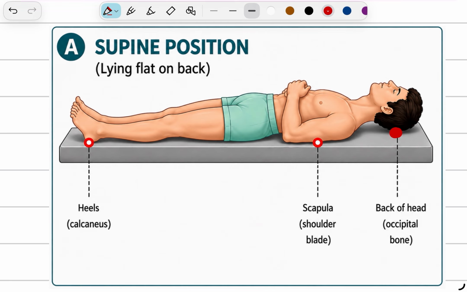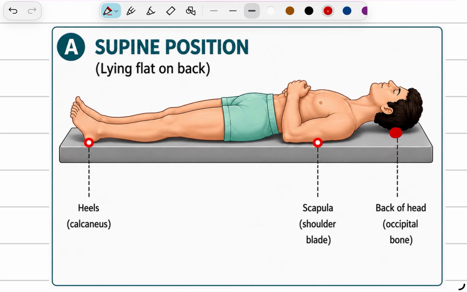And heels, and another very important one is the sacrum. Sacrum is part of the vertebral column, the last second vertebrae. If I ask you which one is the overall most common site, in any position, where they have not mentioned any position and simply ask which is the most common, you should say that it is the sacrum. Clear? If they ask specifically for the supine position also, you should say sacrum. I hope everyone understood this.